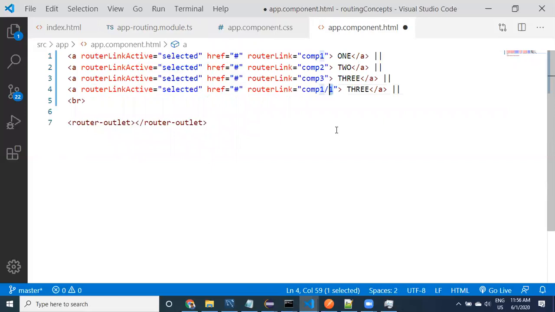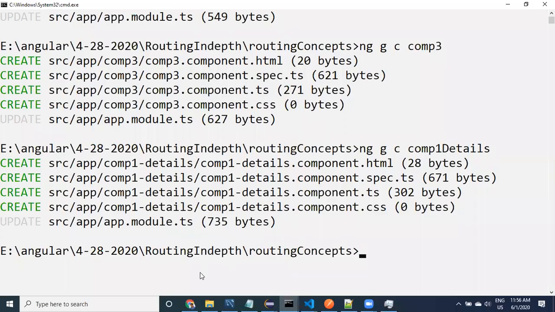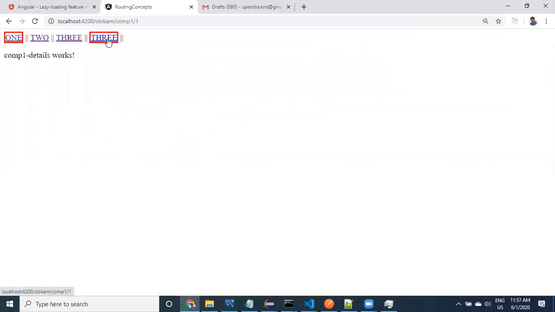I am providing this information directly, but actually we can pass this data dynamically when you are using ngFor and so on, then the data comes dynamically. Let it be 1, we are passing this one. Come here, if I click on 3, see here, guys, comp1 details works, details works.